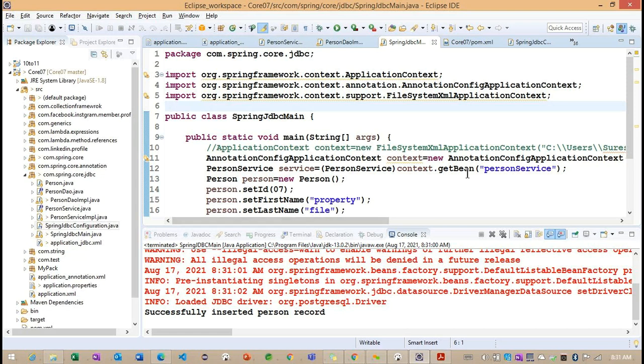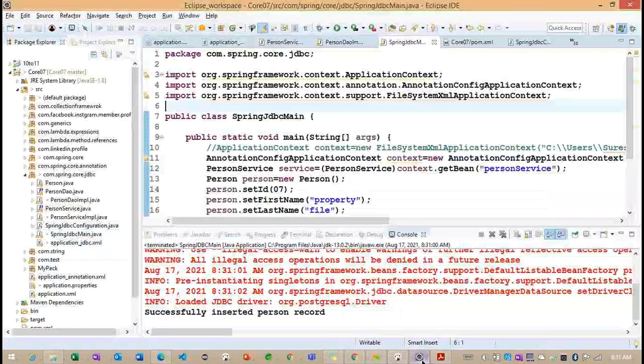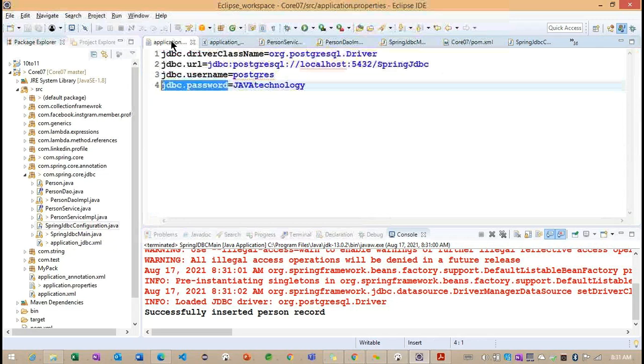Okay, so this is all about the property file. Now we run the same query. Now you can see the property file related record is inserted here. Getting the point, this is the way we can define the database related configuration in our property file.